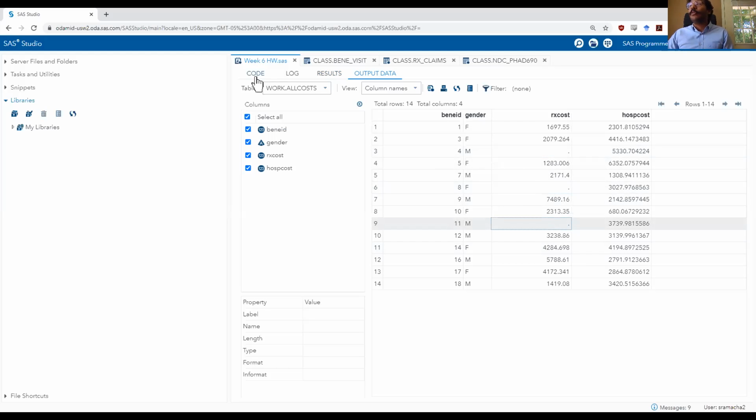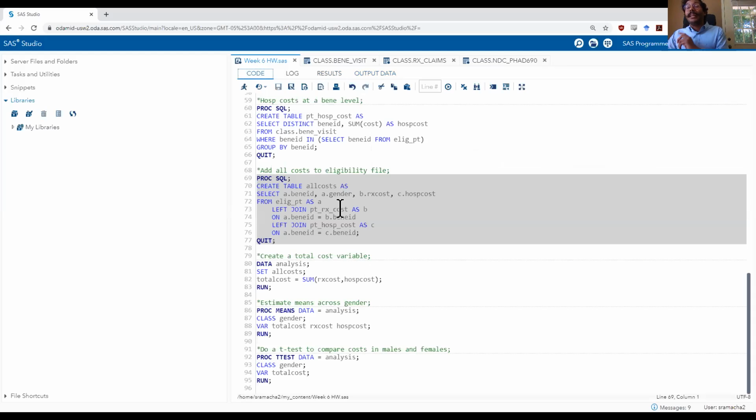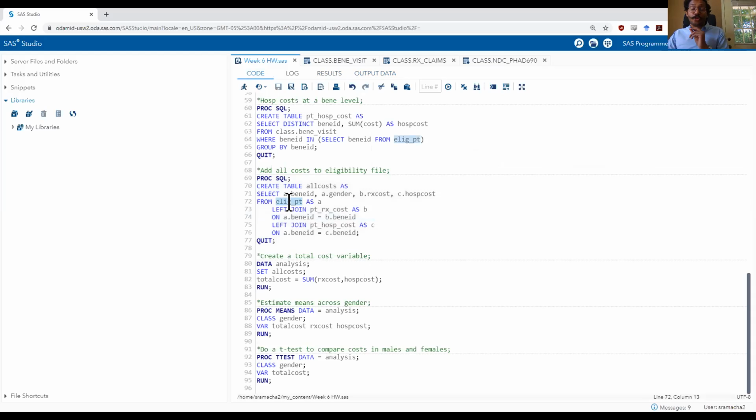So when we did the left merge, it basically labeled them with missing values for the RX cost file. And it only did that because in my left join, I used my eligibility underscore patient file on the left side and my patient underscore RX cost on the right side. If I had flipped it, it would have actually deleted those 3 people from my data set. And I don't want that. I want them to be in my data set because they are eligible. They just did not have any prescriptions or prescription related costs.